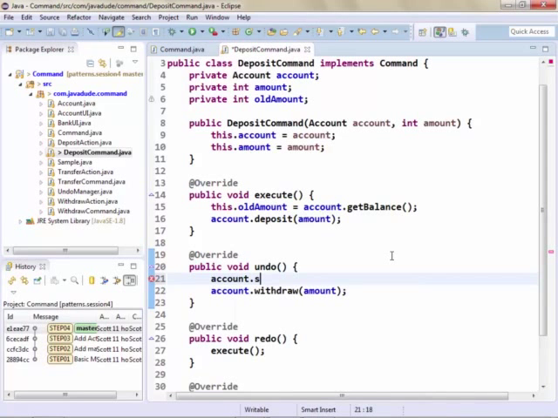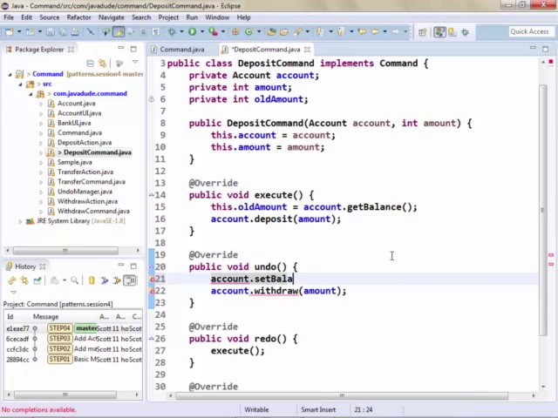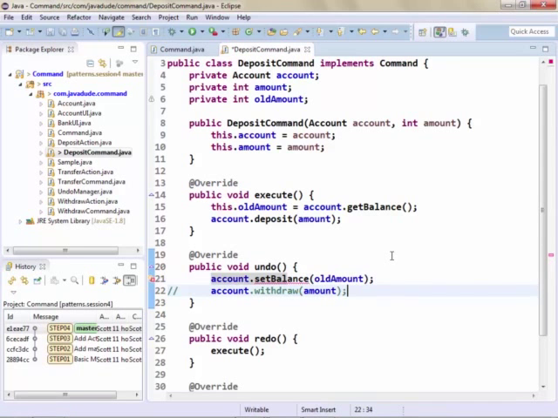dot set balance to the old balance, or the old amount, instead of doing the withdraw. This is one of those places where maybe account.getBalance took a lot of computation, so I don't want to keep executing it every time. In that case, my redo